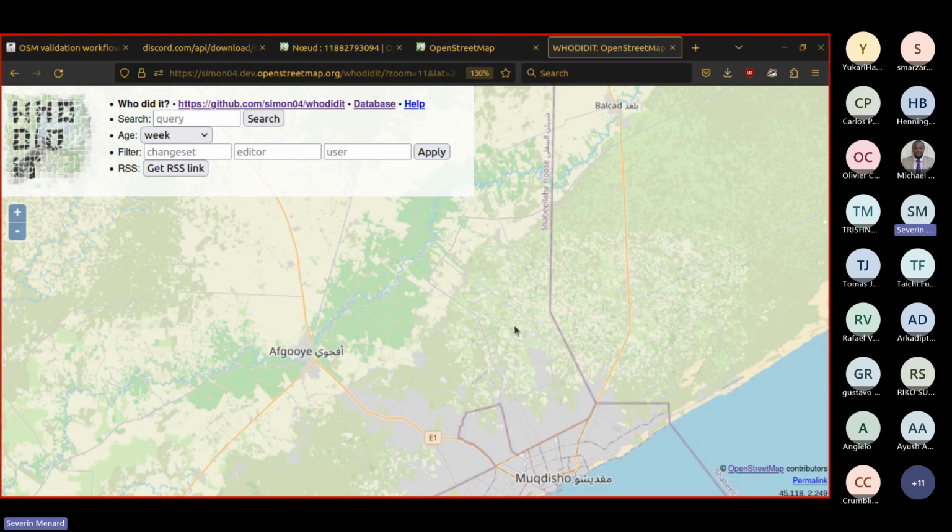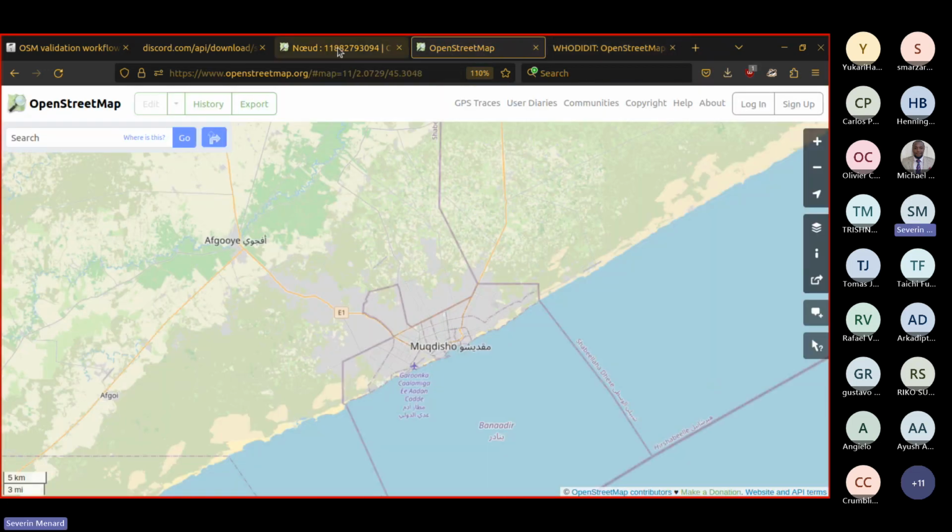So the idea would be to see if I have many squares with many green things, which mean new contributions or even a lot of modifications. And if you click on each square, there's a long list of changesets that gives you an idea of what you have to deal with.